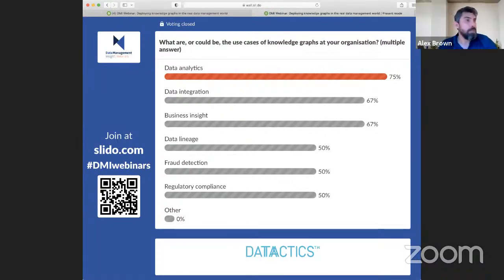Hey, yeah, I'm not surprised about data analytics. I am surprised data integration is actually so high on there. I mean, we certainly hear a lot of people talking about it. I was under the impression that on the integration side, it wasn't particularly successful, even though people were attempting it. So that does surprise me a little bit, that it's actually being used in anger, which is great news, I think.